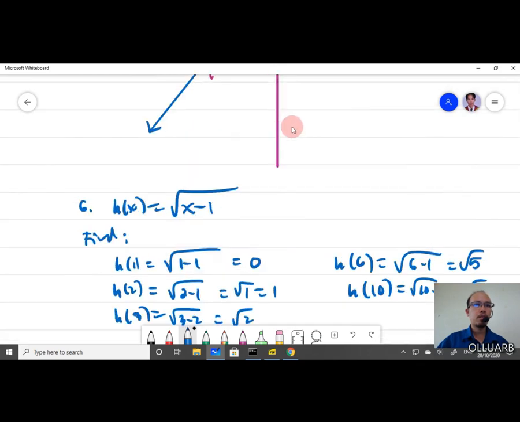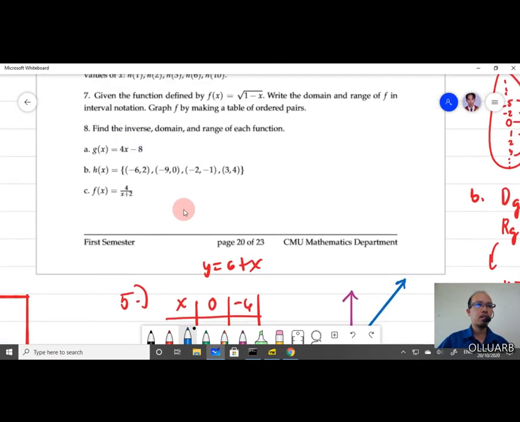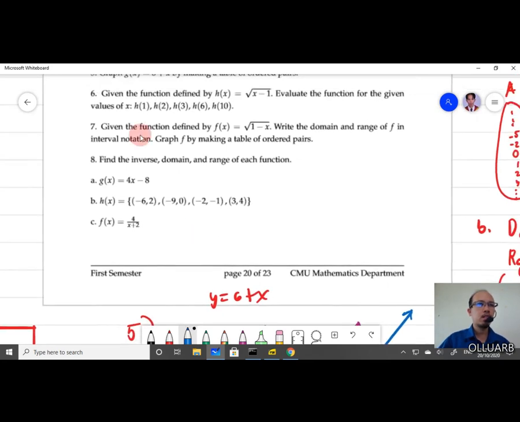So that's number 6. For number 7, given the function, again this is the same as number 5. So remember that in this problem,